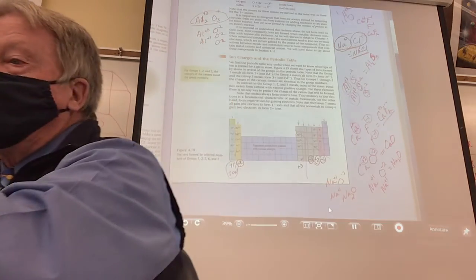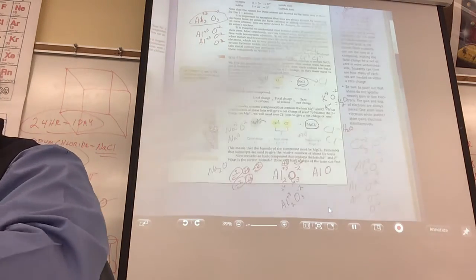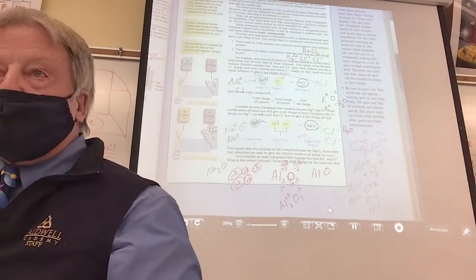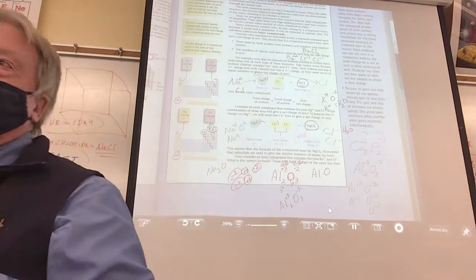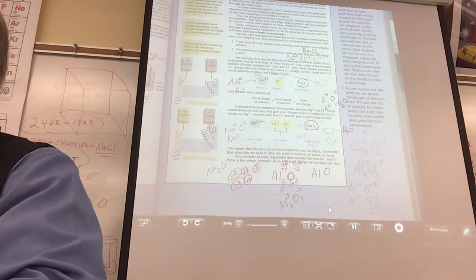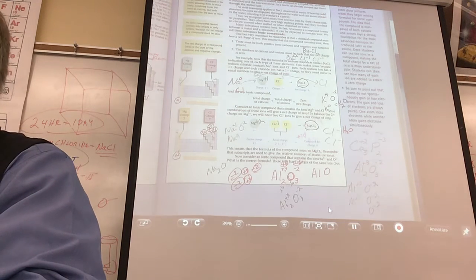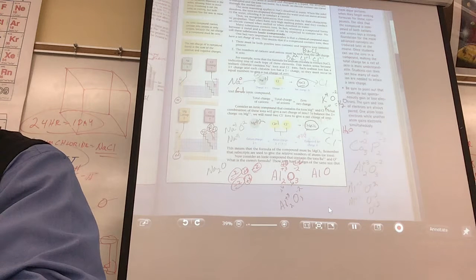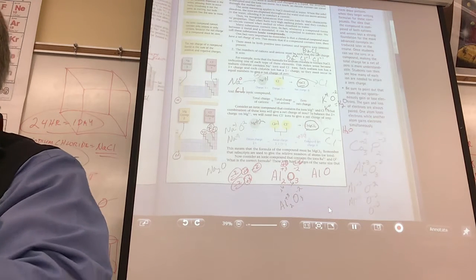Okay, so let me show you what the author did with the last 3 pages of the book. And this is kind of neat. This is actually so important. The whole next chapter has to do with this. So there are only a couple questions on this test, but you have a whole nother chapter to learn how compounds form. All right, so let's take a look.